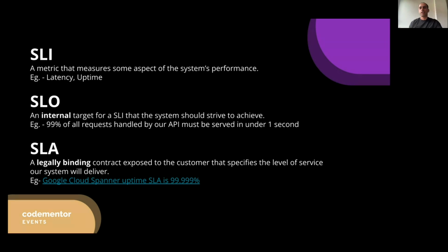Okay, so quick question now. What do you think should be a stricter value? What I mean by this question is, let's say I have a Hello World service and I want to set the SLO and SLA target for uptime, okay, and I say that the SLA that I'm giving to my end customers is 99%. So, should my SLO be higher than 99%, or should it be lower than 99% for uptime?